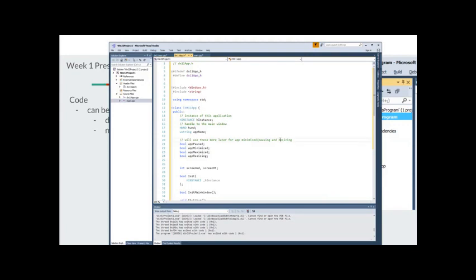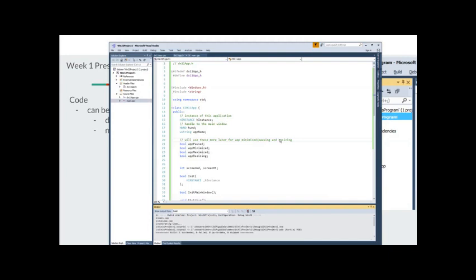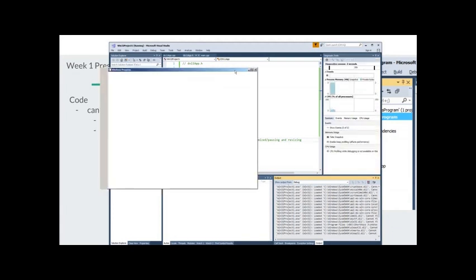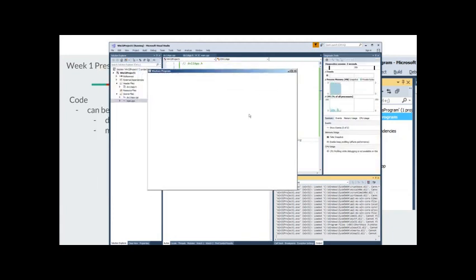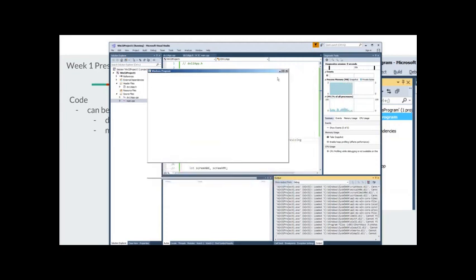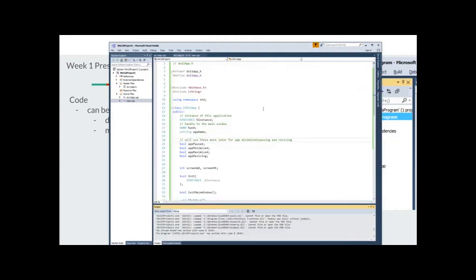And if we did this okay, it builds okay, and if we run it, we get this window here that we can resize, minimize, maximize, and so on. So that's our first Windows program, and this is pretty much what you need to do for your assignment in the lab this week. A couple other things we might want to add to it is the ability to